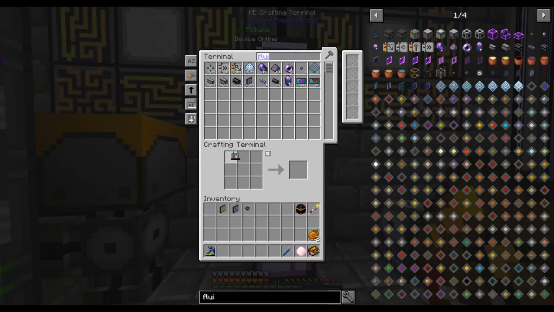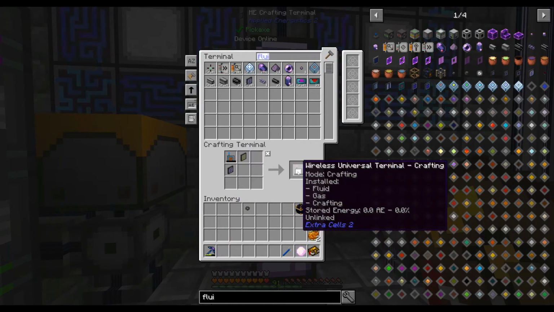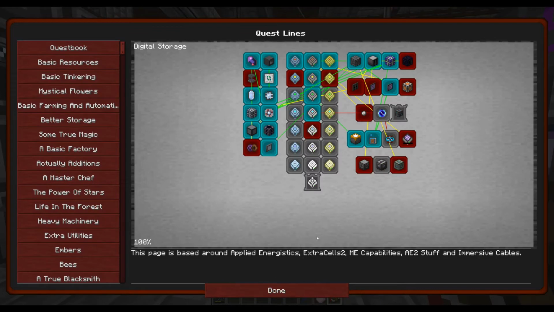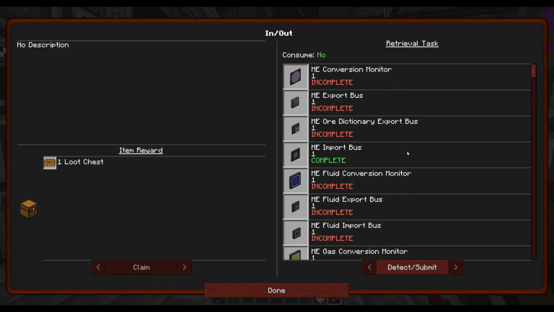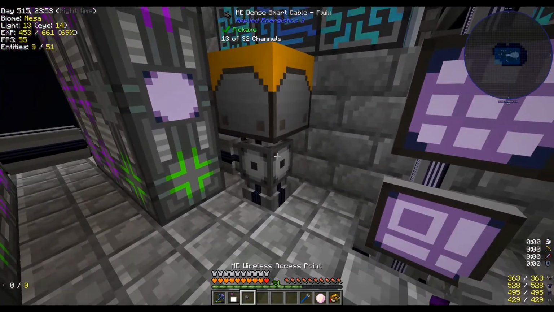Okay, there is that. So then we take what? This plus both of these. Wireless universal terminal crafting from Extra Cells 2. Okay. So there is that quest complete. And so Singularity is going to require painting the network, automating safer drives in, out. What is that? Oh, that's all the, yeah, okay. That's funny. It says we haven't made an export bus, but we have. And then the fluid stuff. Yeah, that's a bunch of stuff. Okay. So, let's get this, and then we can hit...